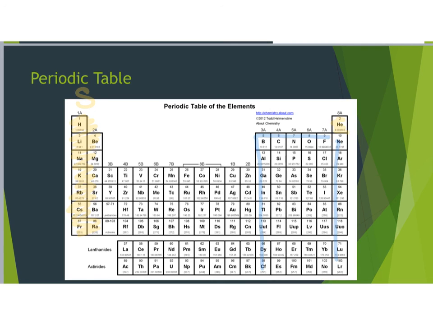Oops, I went a little bit far down here. Okay, so my P block is going to be everything over in here. My D block is going to be here in the middle, or the transition element region. So these are your D's, and then your F's are these two bottom rows down here. So please start making that connection, and if you can use a periodic table that doesn't have that labeled, that would be even better on your homework, just to get in the habit of being able to